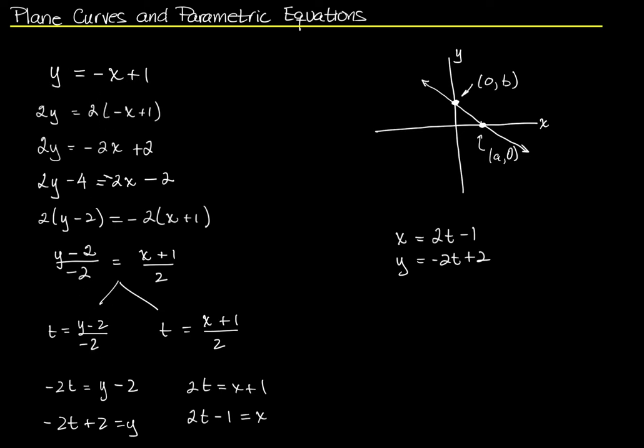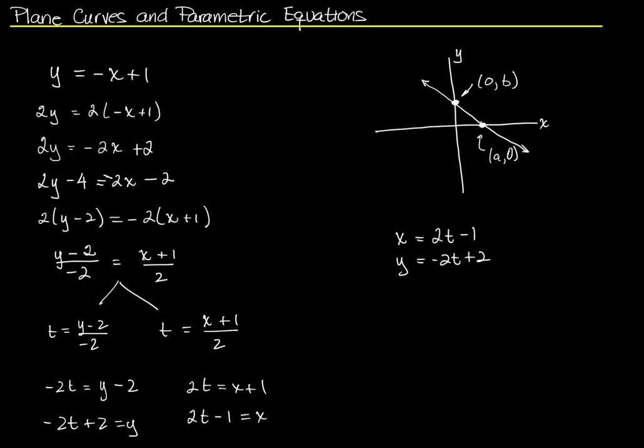I played around with it until I got two expressions, one on each side, one that had just a y in it and no x, and one that had an x in it and no y. And then I set each of those equal to some third variable t. Now, when I look at this pair of equations